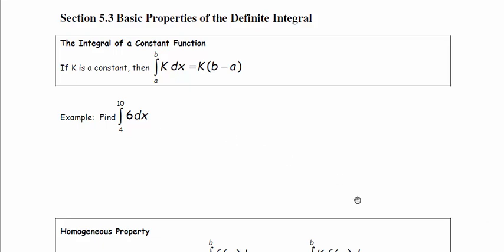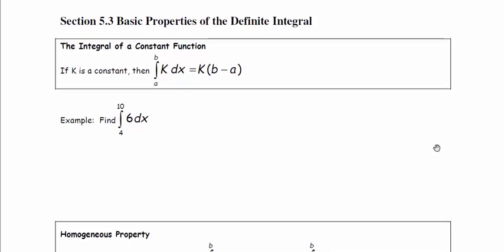In this video, we're going to do section 5.3, which is the basic properties of the definite integral. And so what I'm going to do here is start with this first property, which is the integral of a